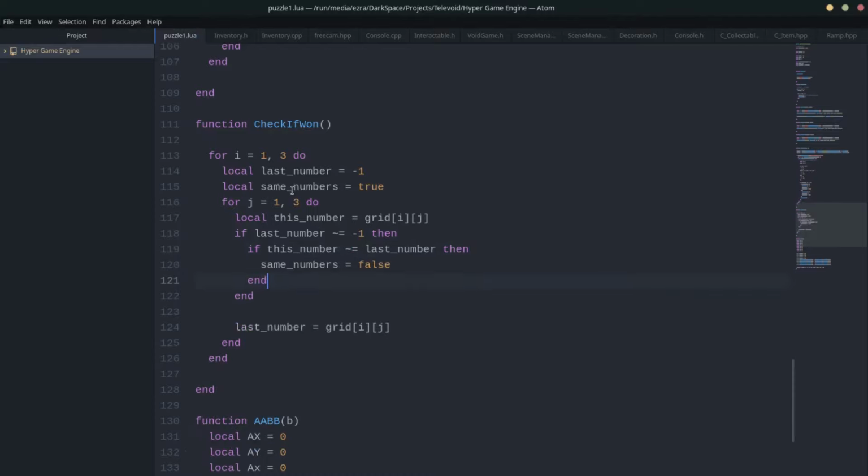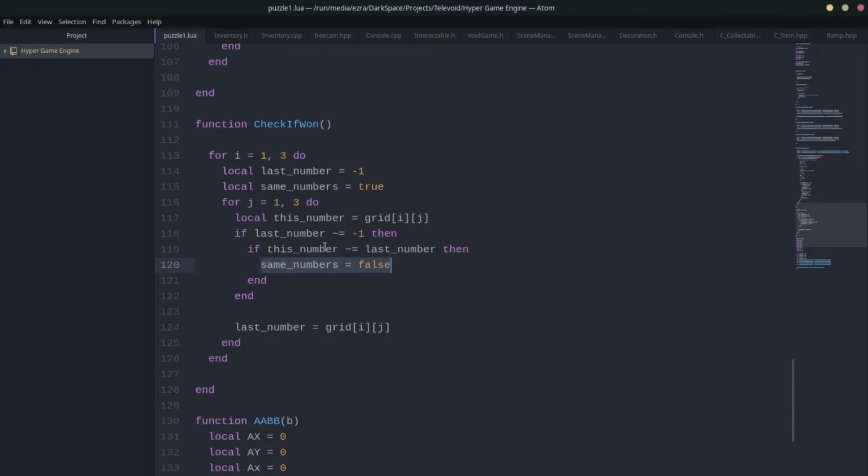So yeah, this seems a bit complicated, but whatever. Basically, I'm going through 3, and I'm checking if the last number is unset, and then I'm checking if the two numbers are the same. If they're not the same, then they're different, and that means cheese and cracker, they